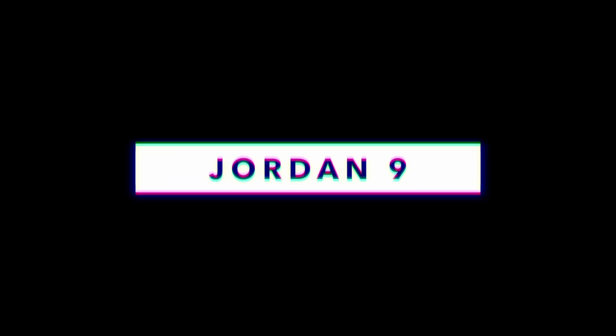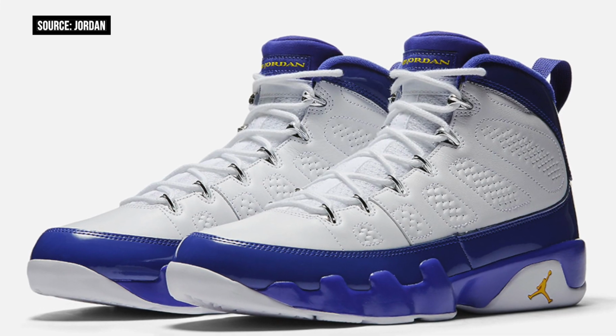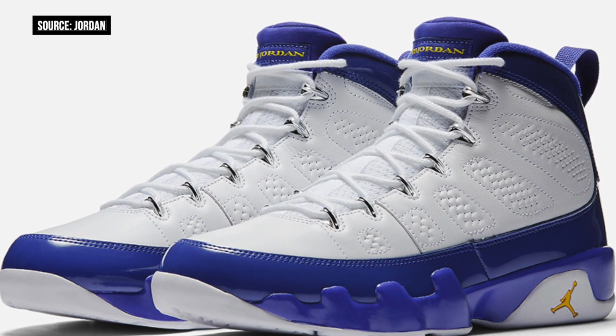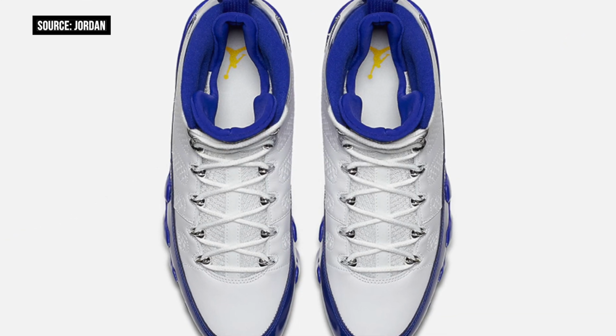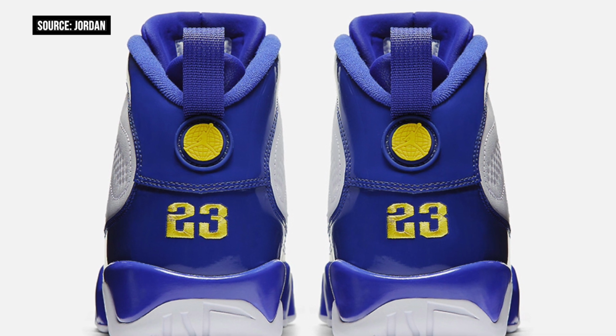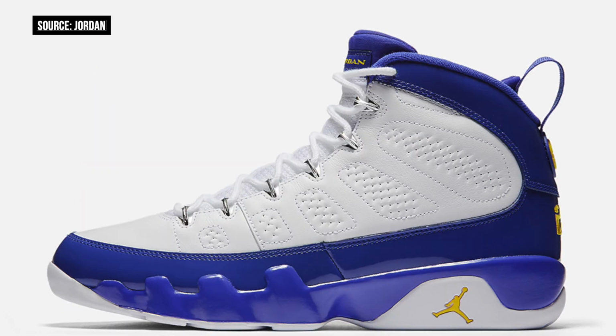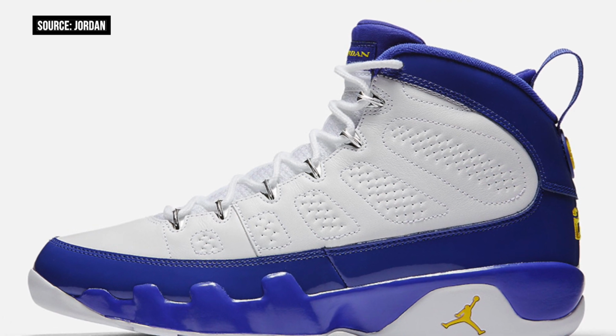Let's start with some Jordans by way of the one and only Kobe Bryant. As most of you know, Kobe was a free agent for a little while, and during that time, Kobe rocked plenty of heat. Jordan Brand has taken the opportunity to recognize the greatness of Kobe with a special look at the Air Jordan 9. The model is mostly white, but the brand adds some purple and gold to solidify that whole Kobe connection. To be honest, I didn't think these would ever release, but I am happy that they are. For Kobe or Jordan fans looking to grab a piece of history, you can look to grab these on 11/19